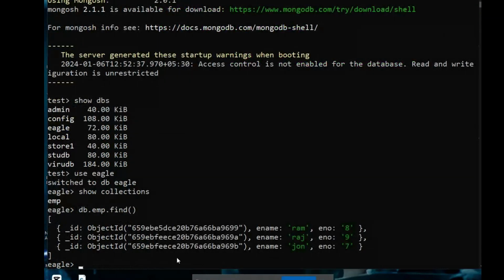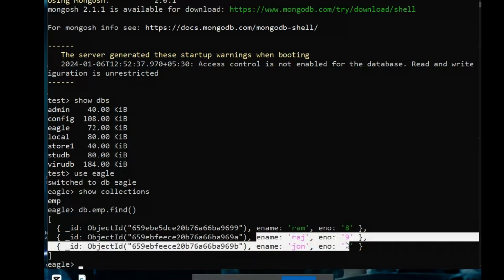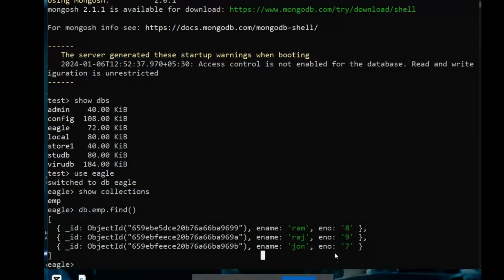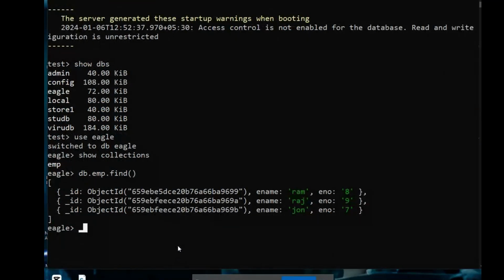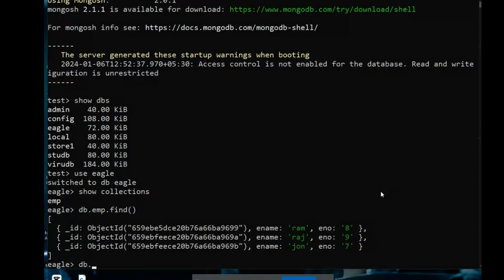Now there are three documents inside the employee collection: employee name Ram, employee number 8; employee name Raj, employee number 9; employee name John, employee number 7. Now we have to add one employee whose name is Sham. So write the command db dot